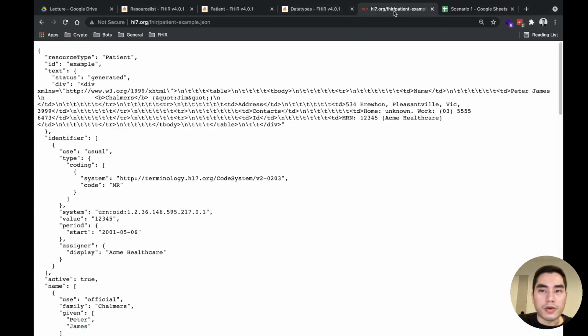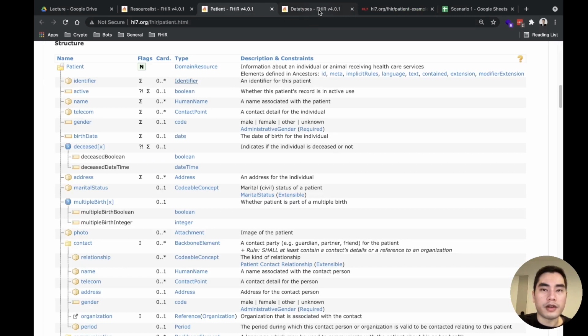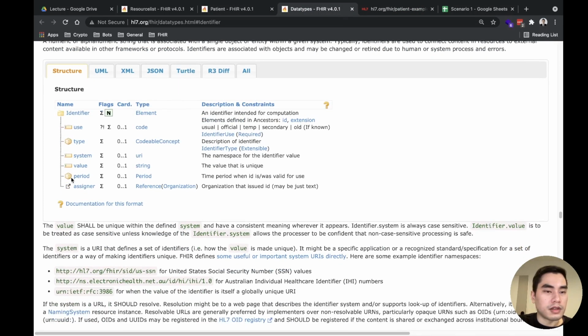And if we go to this one, identifier, we can see the elements inside it, and there are these things. So actually there is no element that is required.